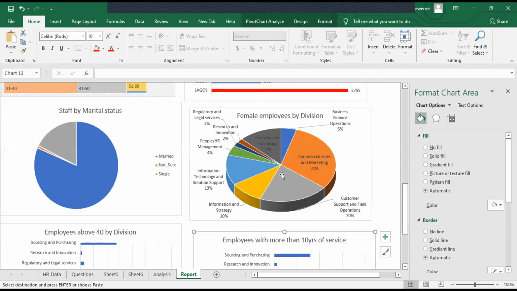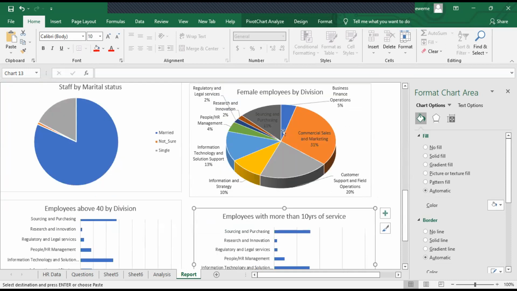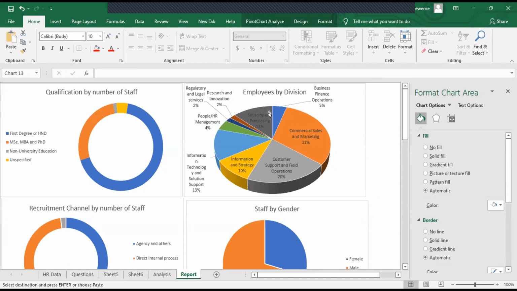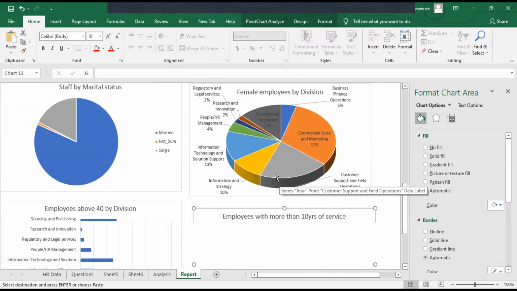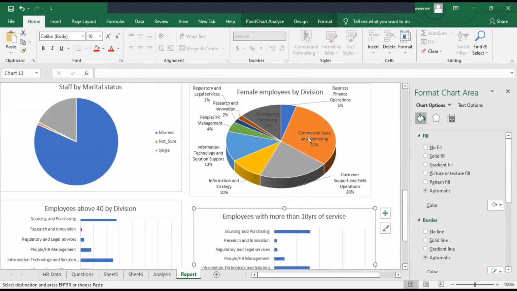By division, I wanted to check which division has the most females and compare that to which division has the most employees. It's commercial followed by customer support. And I asked, are women represented in these divisions? Female are also almost the same.